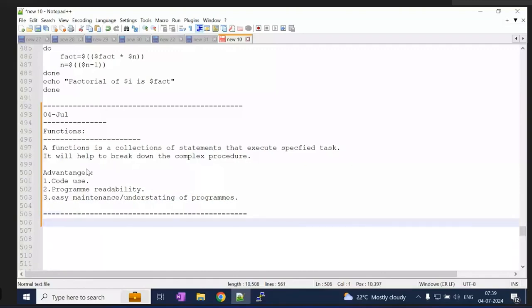So let's see what the syntax is. The syntax will be like this for functions. We can specify functions in two types.